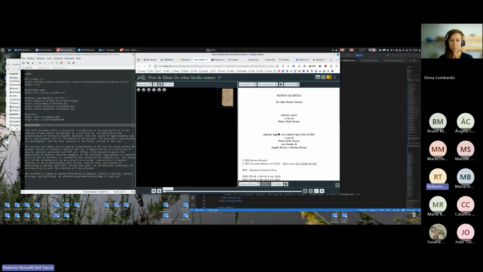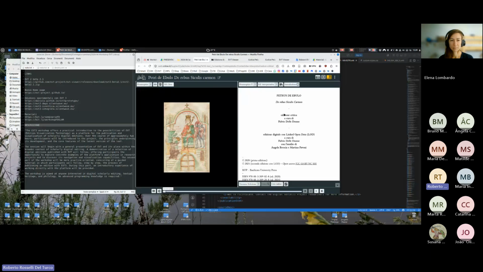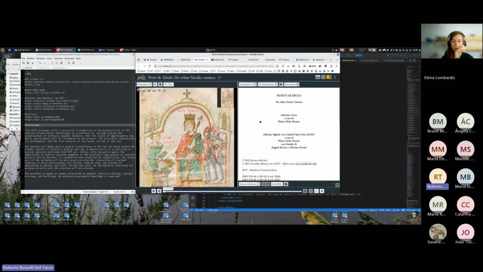This is another interesting case. Well, EVT2, for the reason I explained, started as a critical edition viewer. Then we added diplomatic and interpretative edition support. But these two features were meant to stay apart, while quite a few scholars are interested in publishing a critical edition together with the digital facsimile and the interpretative edition of one of the most important witnesses. So this is an interesting case, because here Fulvio Delle Donne, our colleague, managed to have both a critical edition and an interpretative edition, of course, with some limitation, because those are two different kinds of